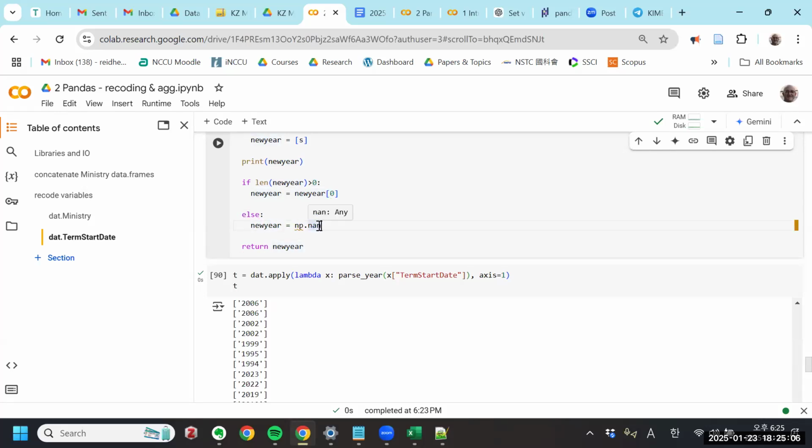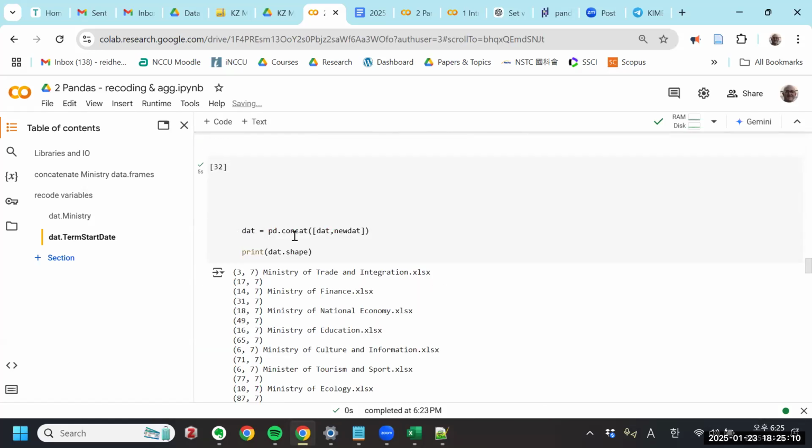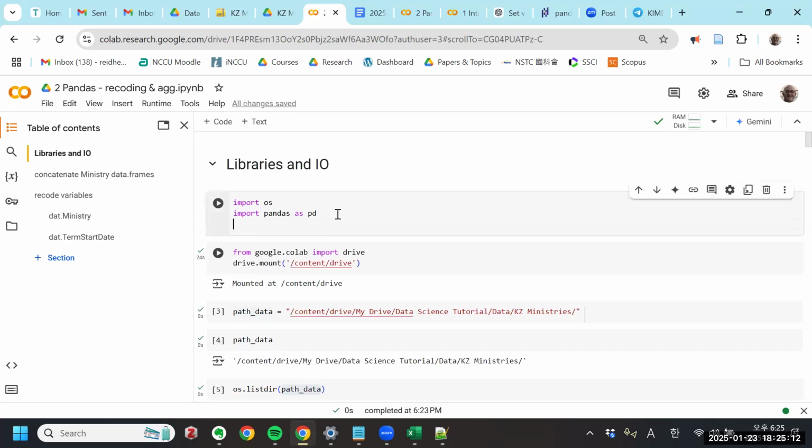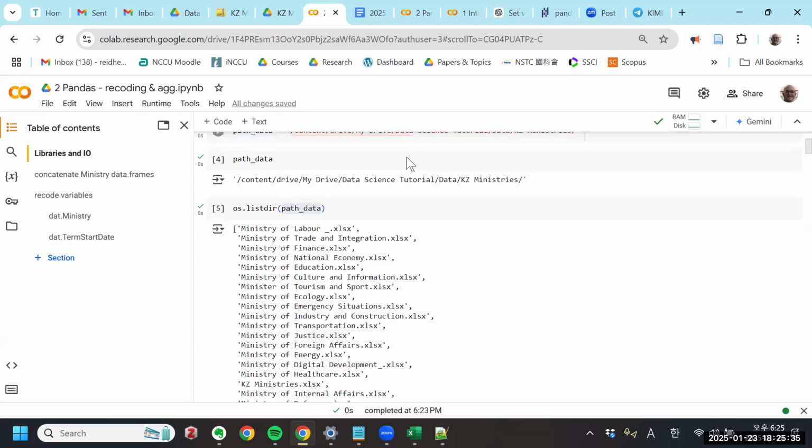So do we know np? Do we know nan? You know this one? Okay, so np here at the top, you have to add import. This is actually numpy, right? So numpy is like the scientific numbers library. So I just import numpy as np, and then the numpy library has a nan object, which is a null, like a nan value. So you can assign